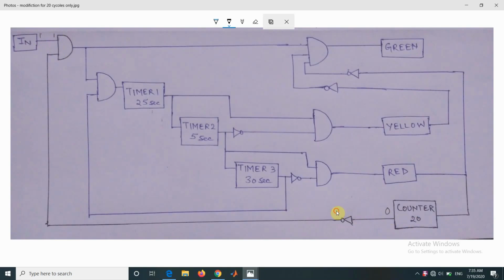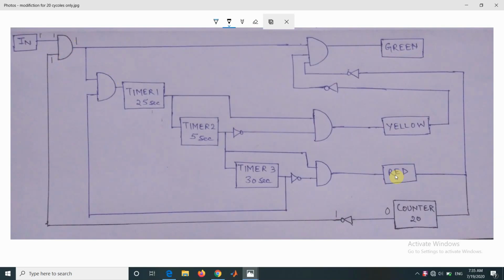So due to this NOT gate, the second input of AND gate would also be 1 and AND gate would be logically on. The cycle would start and the green, yellow and red light would turn on in respective sequence.